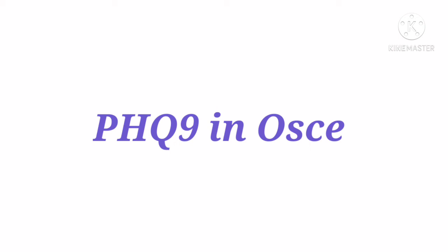If their score is 15 to 19, you can tell them the provisional diagnosis for your PHQ9 score is major depression, moderate or severe depression. For that we are going to refer you to the psychotherapist and they are going to give you antidepressants. It will be there on the back side of the exam paper, the PHQ9 paper, so you just need to explain it to the patient. And if they have got a score of more than 20, you can tell them that your diagnosis is major depression, and then again psychotherapist referral and antidepressants.